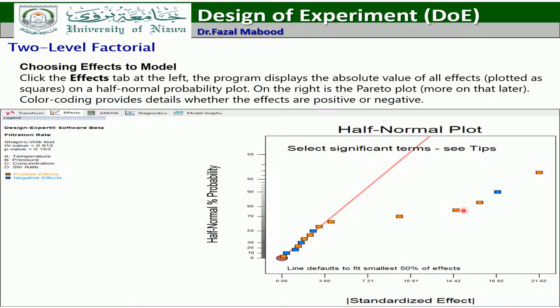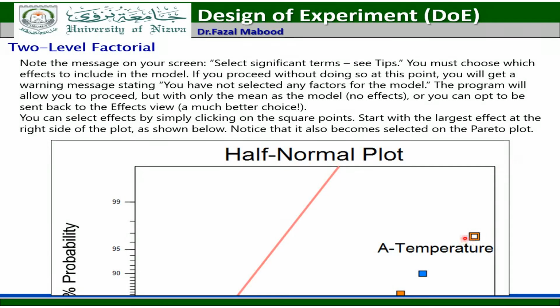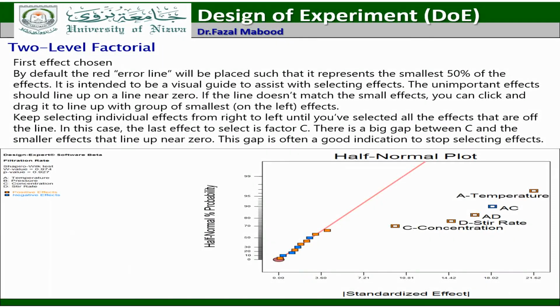Okay, so here it shows you this cube, these 1 2 3 4 5, these 5 points are very important for us. So what you have to do, then you have to click on each point and select it, and after selecting this, again you have to go for the next, and then you have to see what is the effect. So here we have selected all of those, and here you can see. Okay, select it, and then you have to go for the